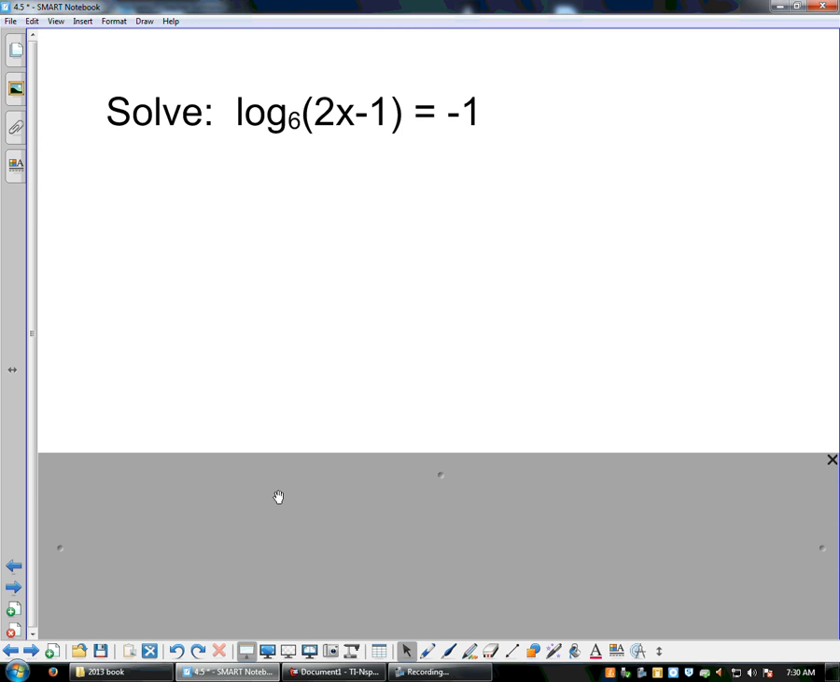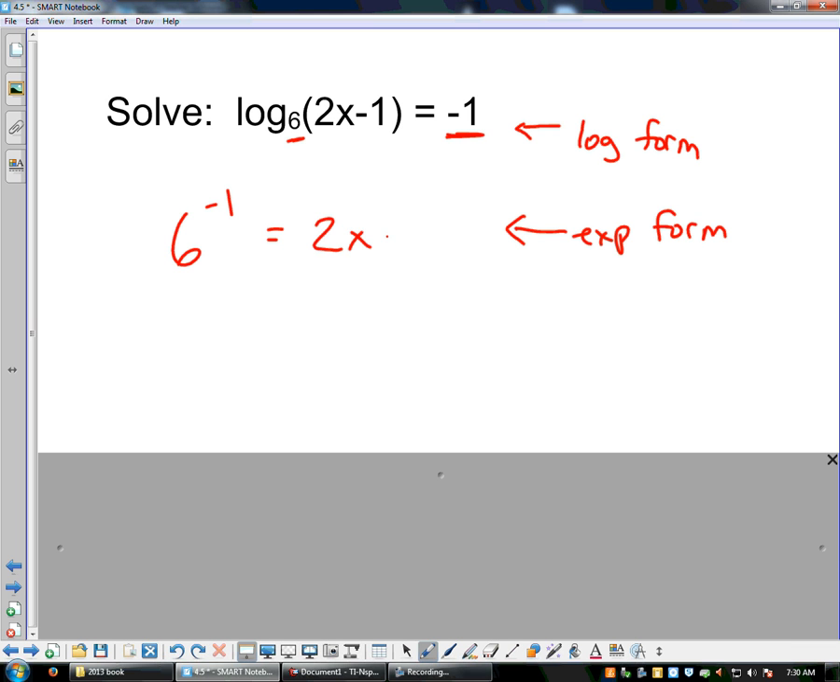So now this is a logarithmic equation that we're trying to solve, and the technique for solving a logarithmic equation is to rewrite it in exponential form. So this is in log form. We are going to rewrite it in exponential form. To do that, remember, this is our base. This is our logarithm, so that means that is the exponent, equals 2x